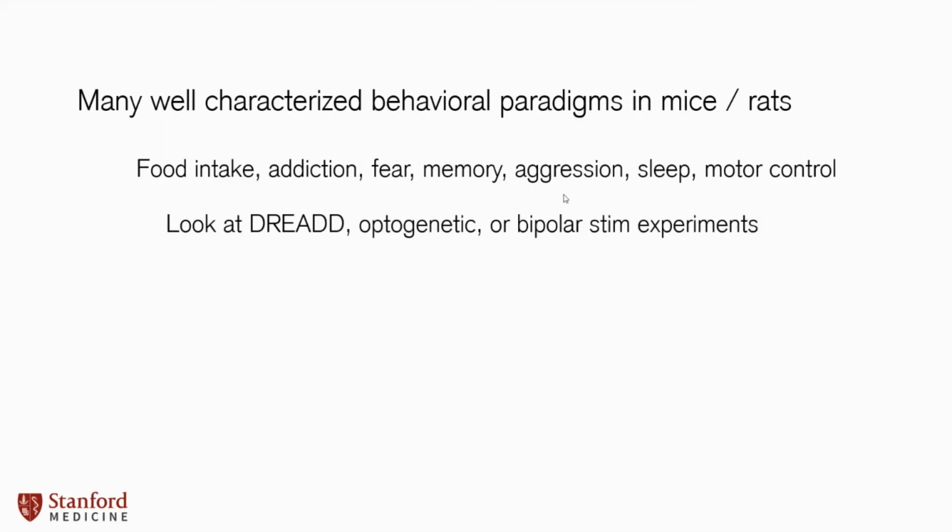And when you're trying to design these experiments, I would advise you just to look at previously published experiments with DREADDs. So these are basically designer drugs where you genetically encode a receptor for the drug within a spatial subtype of the brain. So it's kind of like ultrasound. It has this spatial aspect, and it sort of has a long time scale. Similarly, optogenetics can be targeted to little brain regions, or even bipolar stimulation, like these little electrical fields.